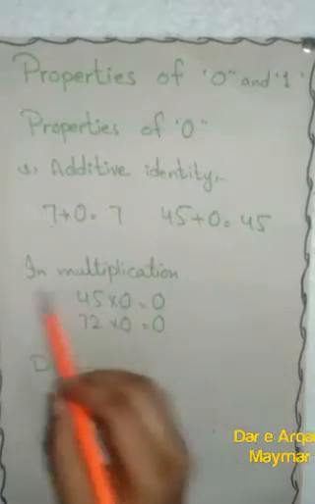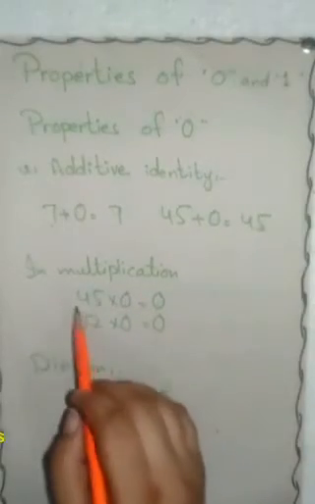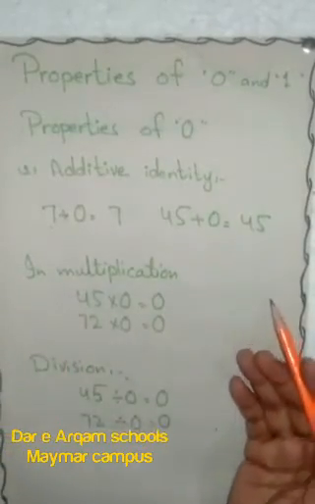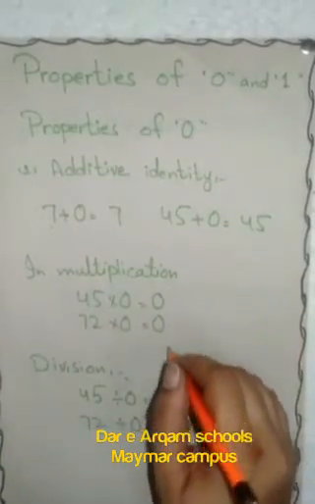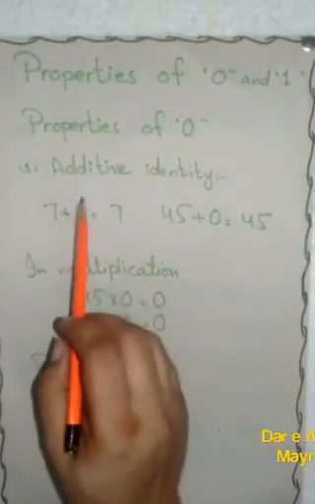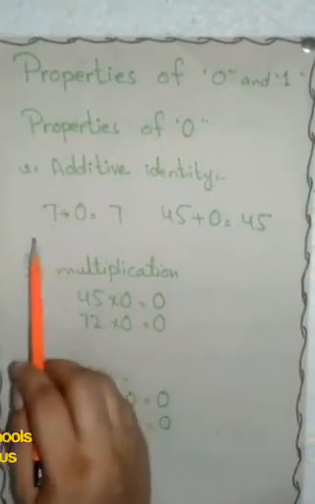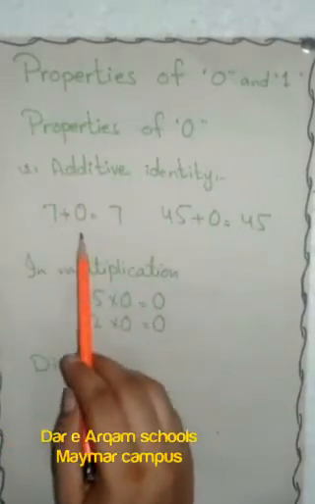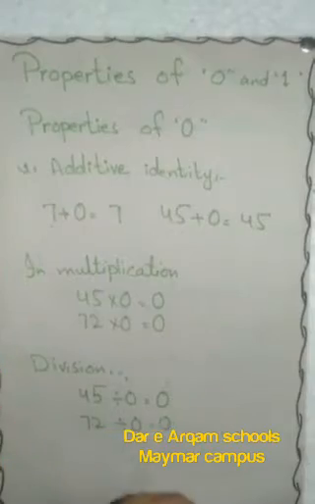But in other words, when we multiply or divide any number with 0, 0 converts that digit into 0. So it has no identity in multiplication and division. 0 only has one identity, which is in addition, that it doesn't change the value of that digit which is added to it. Okay students,